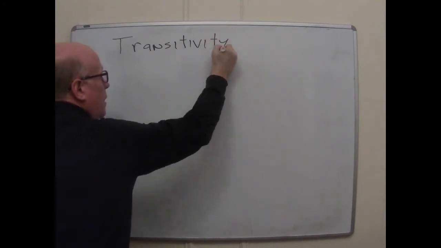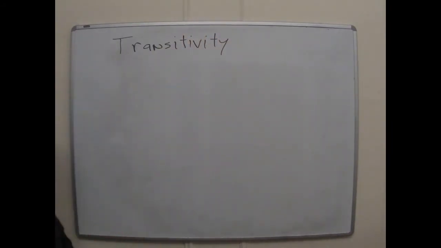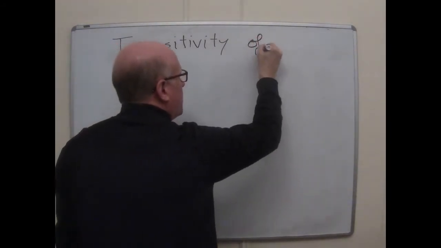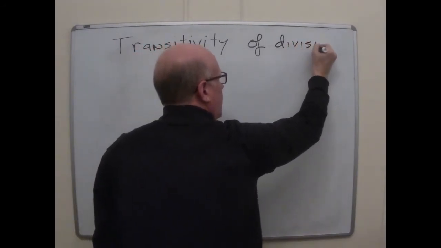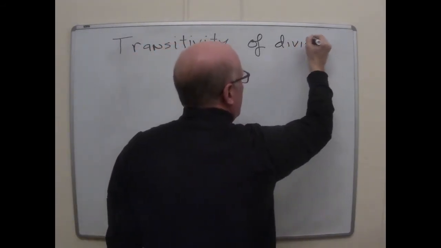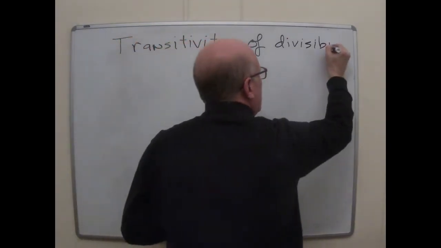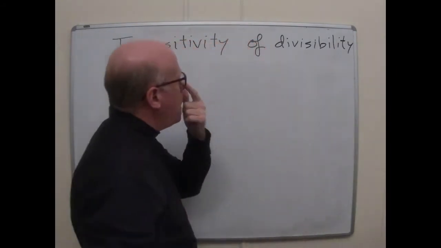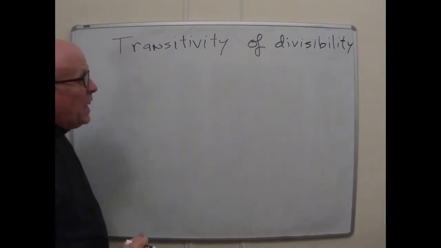If it's been a while, you may not remember the transitive property. The transitive property of divisibility means, of course, we're talking about that vertical bar operation. And that is a hard word to spell. Divisibility. That's crazy. It's got 5 i's in it. Anyway,